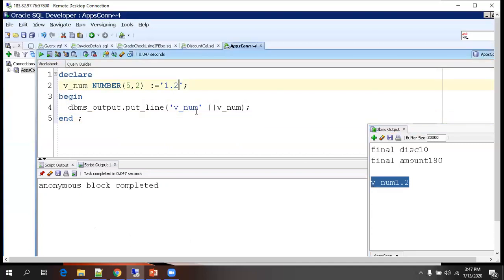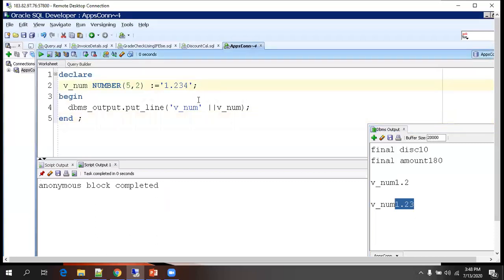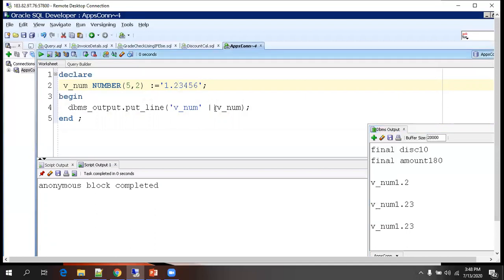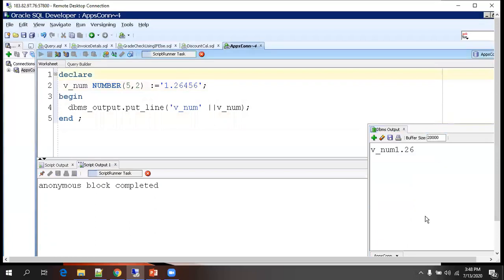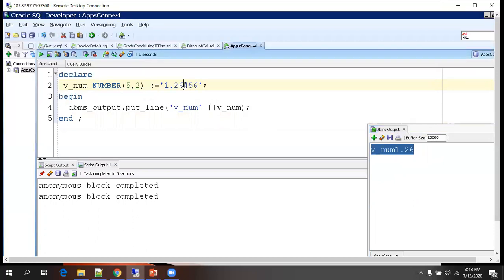Now let us say I just want to mention the floating as 3 digits. I mentioned 1.234. What is happening? The 4 got truncated. And just observe one more thing: with 5 and 6, the total number of digits are 6 now. Still it is not giving any issue, it is just simply truncating it. It's not even performing the ceiling. Just see this again, 1.26. Okay, it just ignores the value.